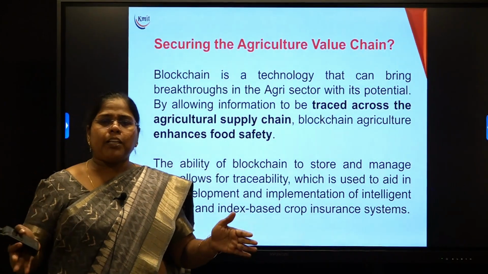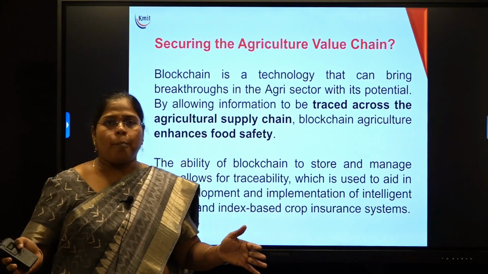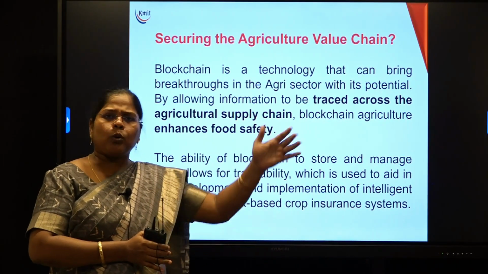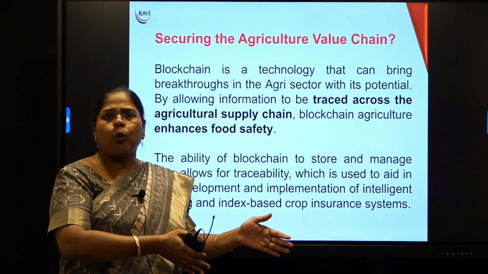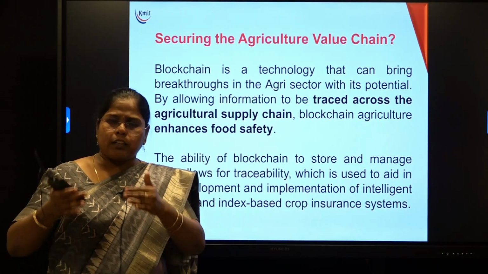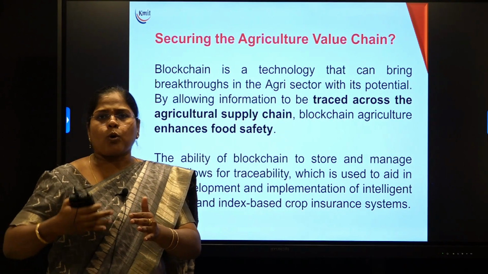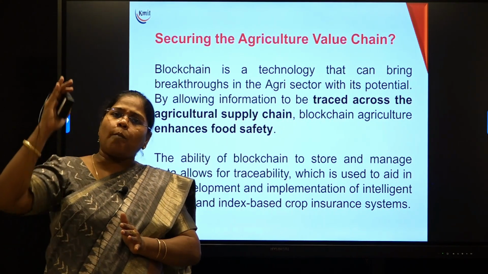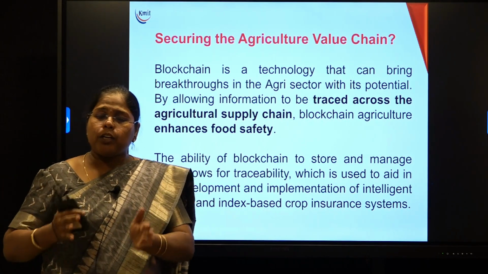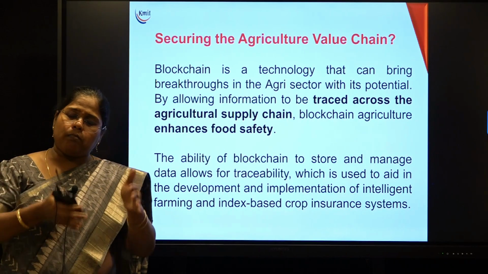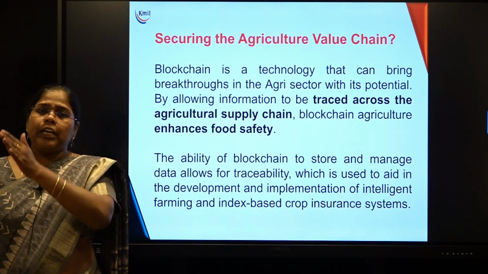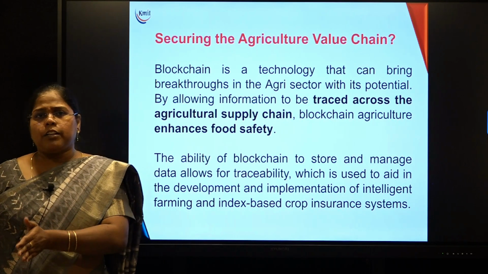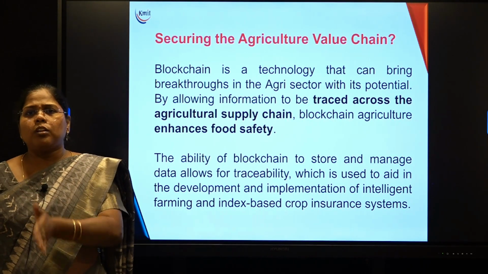We know the supply chain management of a paddy crop. The farmers will be producing the crop and estimating the quality of the crop. The same crop will be sold to the vendor. When the vendor buys the crop, he automatically ends up with the quality of the crop. This quality of the crop is stored in the same database. The vendors will sell the paddy to the distributors. The distributor starts entering the details of the crop into the server, and the distributor starts sending it to the customers,